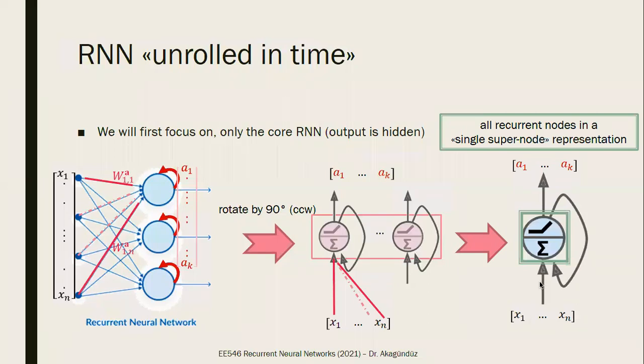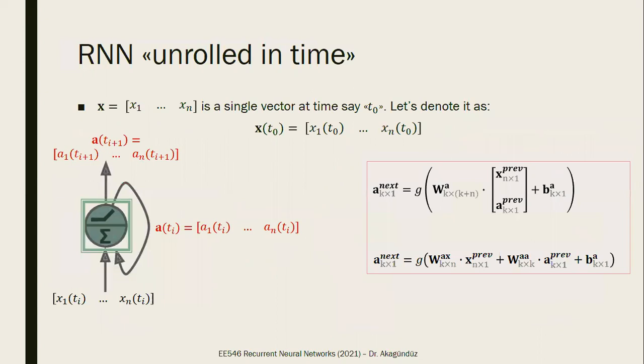There will be inputs and there will be the hidden outputs. I'm going to use a single square and a circle to indicate all the nodes here. So it will be a single supernode representation to represent all these nodes. This representation is equivalent to this one, in which I get the X and A. A couple of slides later, I'm going to put A here, and the A will flow in a horizontal direction. X will be fed in a vertical direction from bottom to up. Okay, so good.